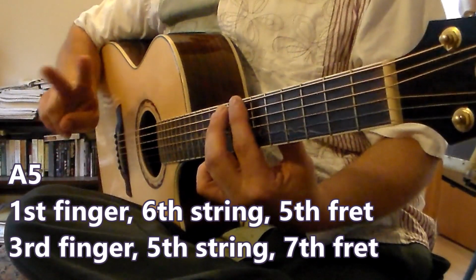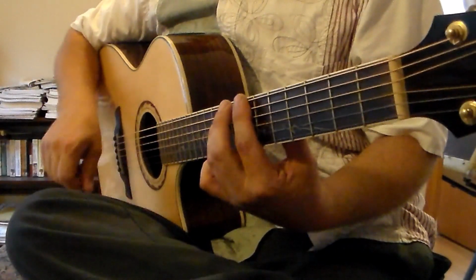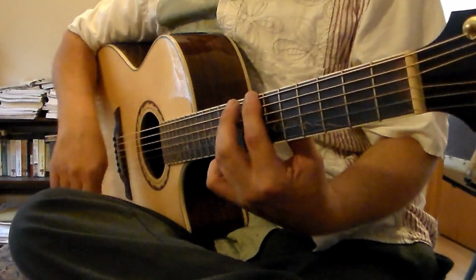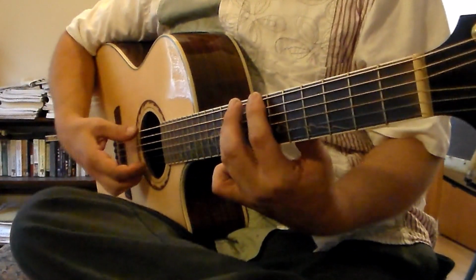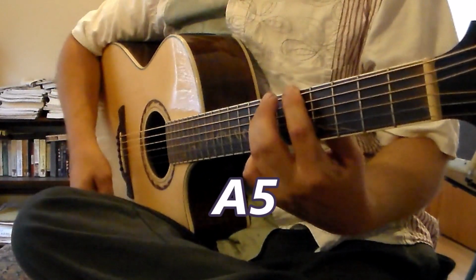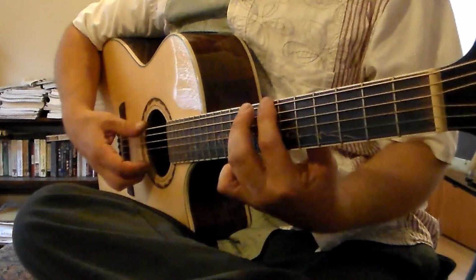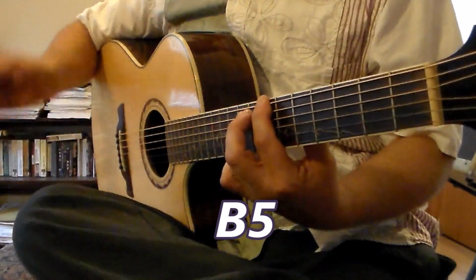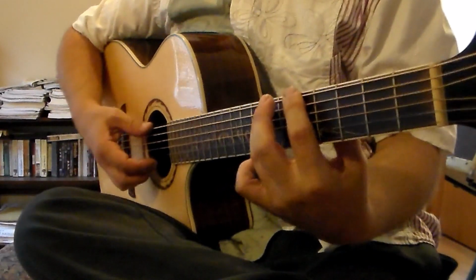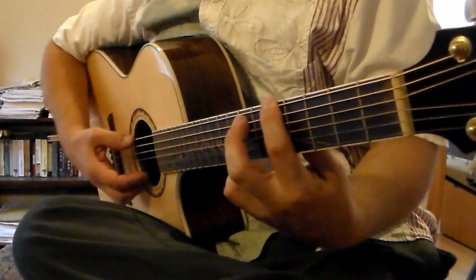I'll play the first 3 measures in a simple way. We're doing a simplified thing here, and we'll build it up. 1 ta-ta, 2 ta-ta, 3 ta-ta, 4 ta-ta. Now in the 4th measure, we're going to go back to the 5th position, play that A chord again,